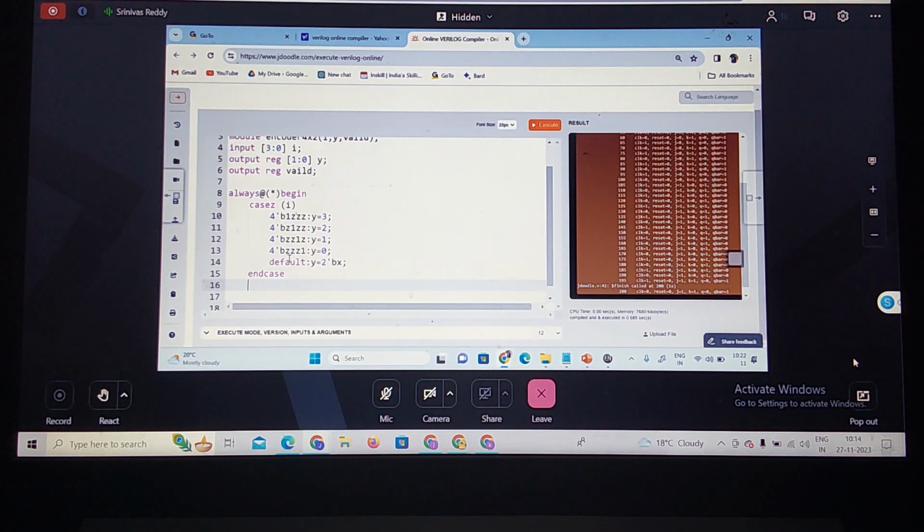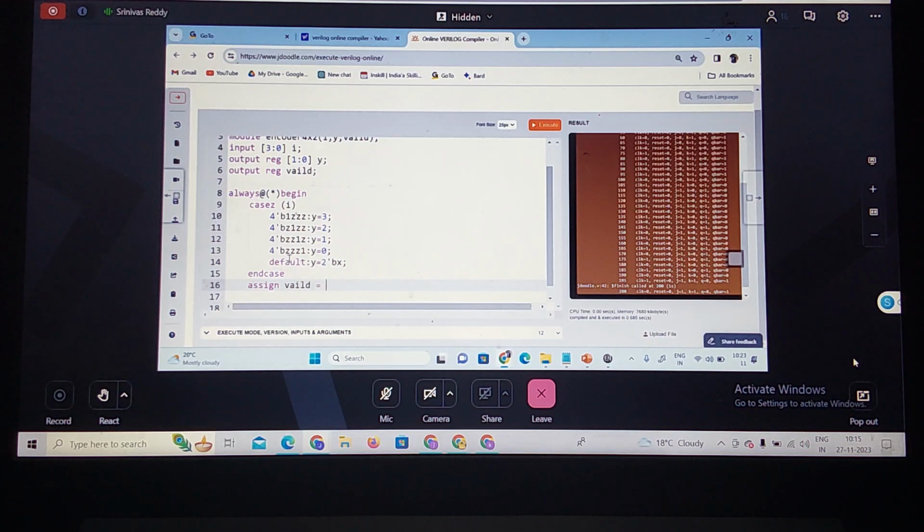Valid is a separate output, right? Separate output. So if my input is all Z, Z, Z, Z, what do I have to do? Valid is equal to 0. So how to calculate the valid? Shall I use the mixed mode modeling technique here? Assign